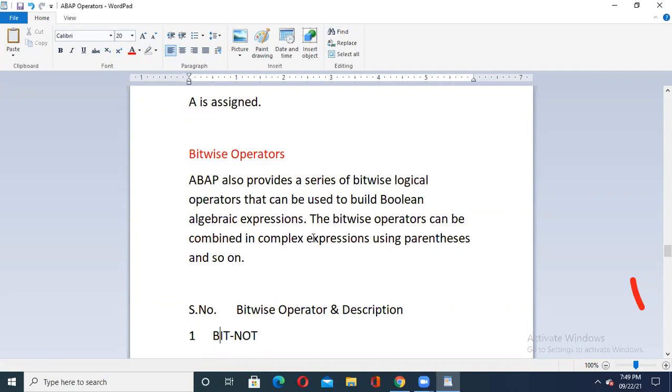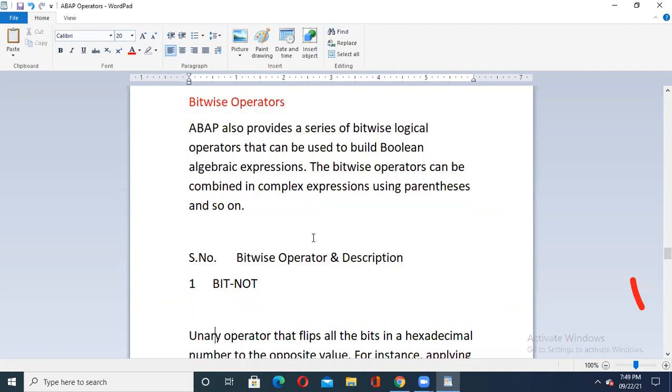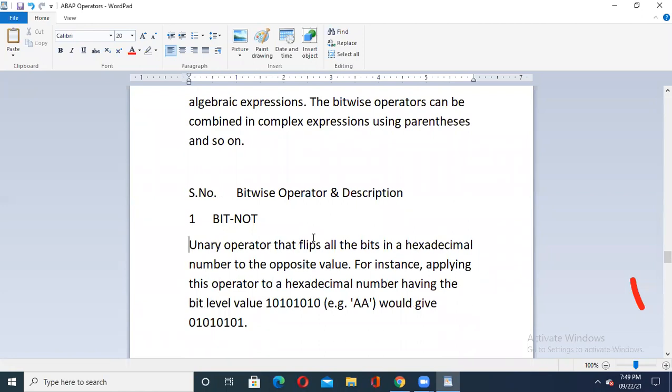Bitwise operators generally work with bits. So what is a bit? Bit is simply a short form of binary digit.